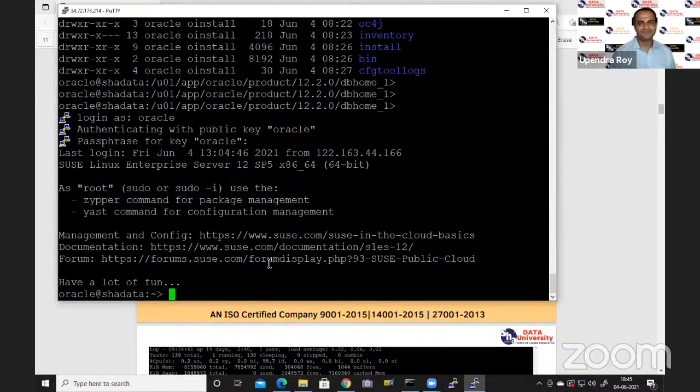Same thing here, it disconnects. But if you're doing some very urgent work and you don't want the session to be discontinued again and again,